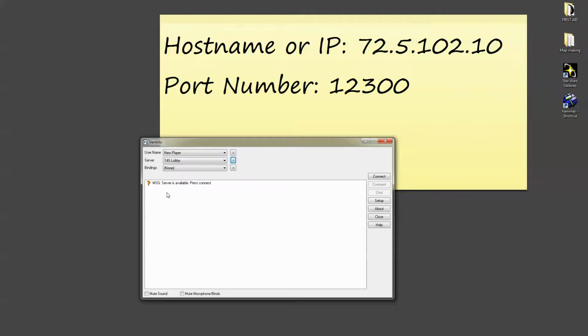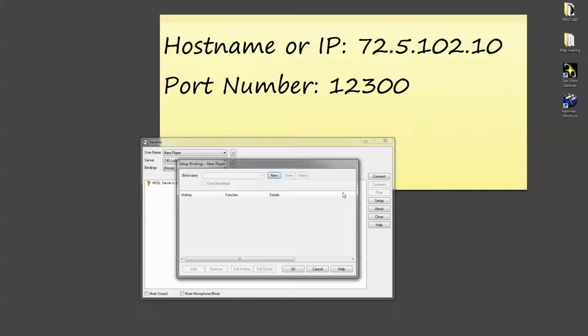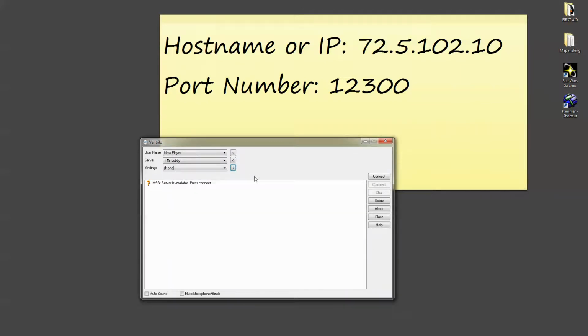So that's it. Bindings and all this business, you can get in and mess around with that, do some research into that yourself, so you don't need it. But when you connect, it makes that noise. Okay, so now you're in. So there's two